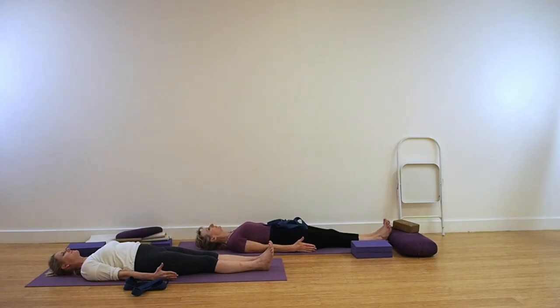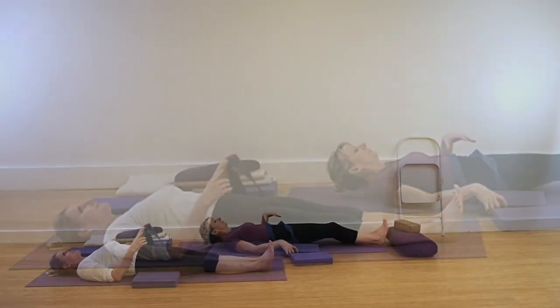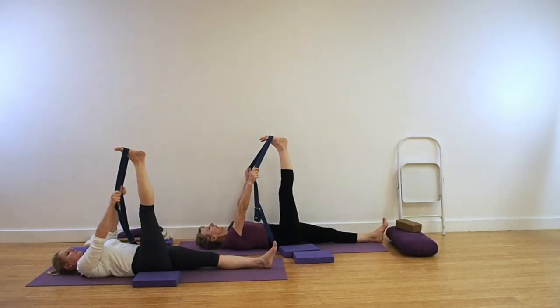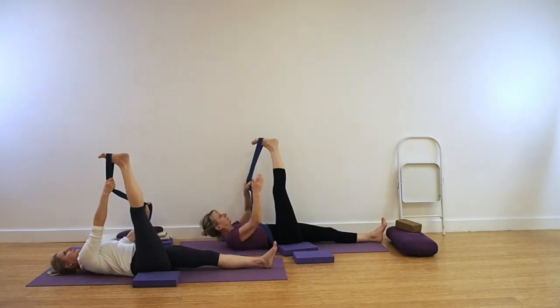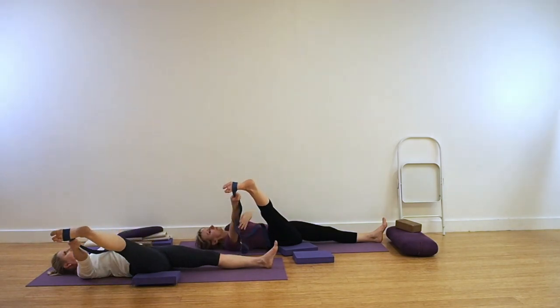Our next pose is coming into another leg lift, but taking the leg to the side. For this, you will need to have a foam pad to rest to the side of the hip. Take your belt again. Place the belt around the right leg. Extend the leg up to 90 degrees. Hold the belt in the right hand